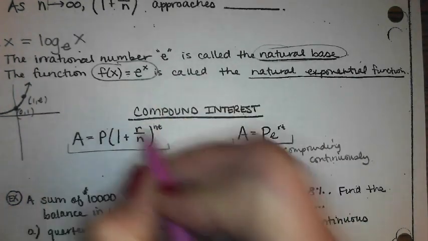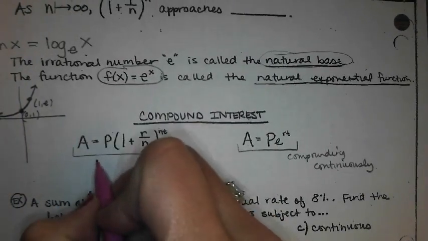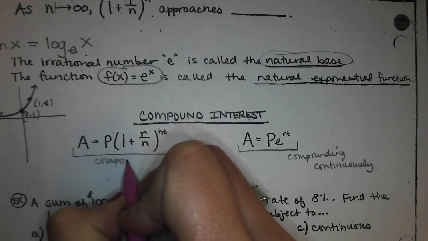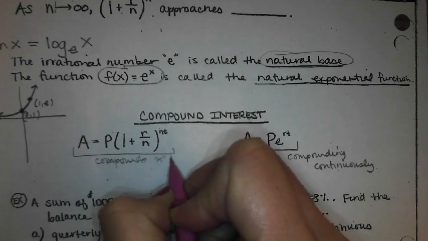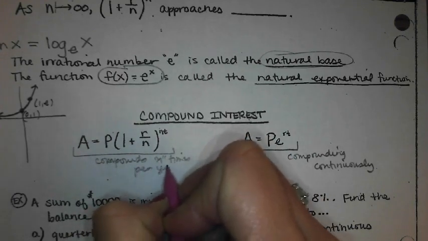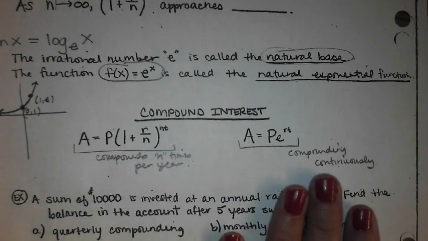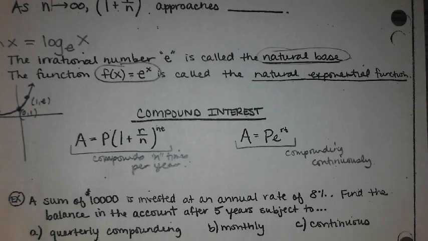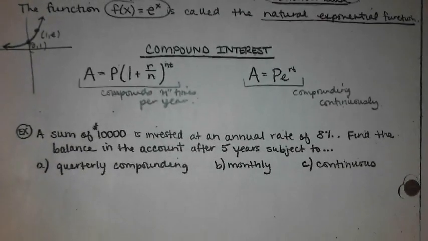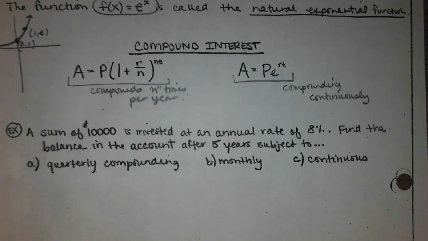So how do I want to say that? Compounds n times per year. So it compounds a finite number of times. Quarterly would mean 4 times a year. Monthly would mean 12 times a year. You kind of got to read into the vocab word to get your n value versus something here that's compounding continuously. Okay? So just to review, in essence, if you open a bank account